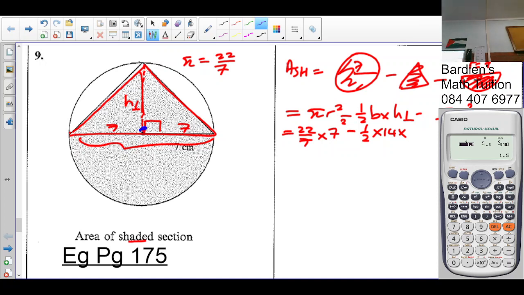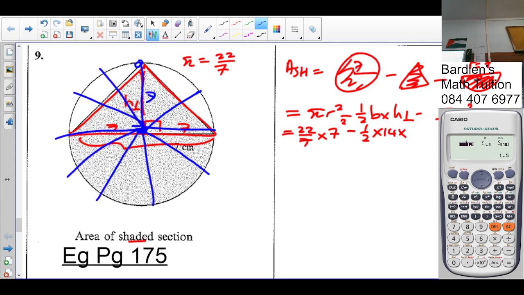From center to circumference is always going to be 7. Can you see? All around the circle here. From center to circumference, which is your radius, will always be 7 in the circle. So it's always going to be half of the diameter, yeah. Okay. So it's simply going to be,